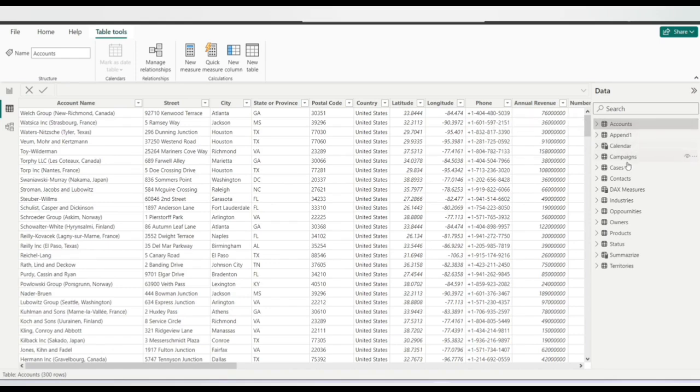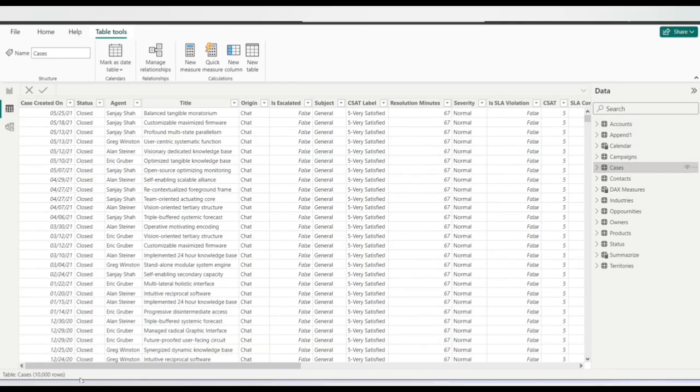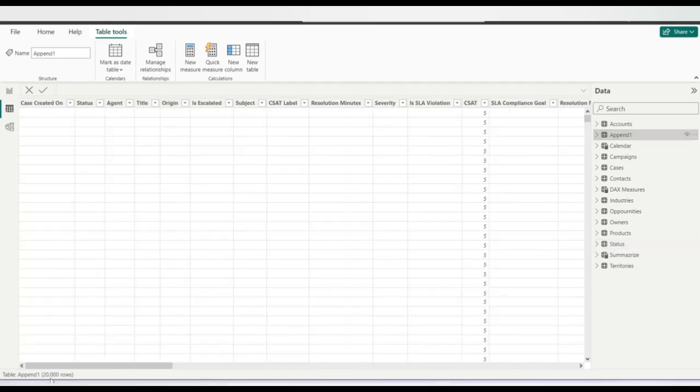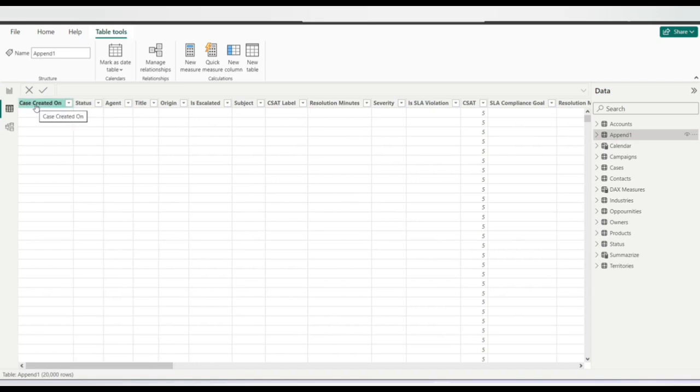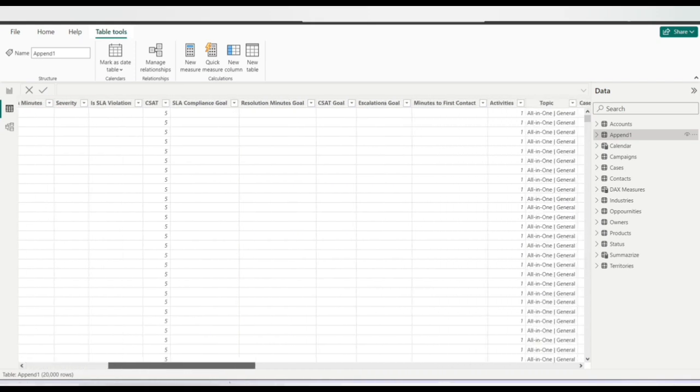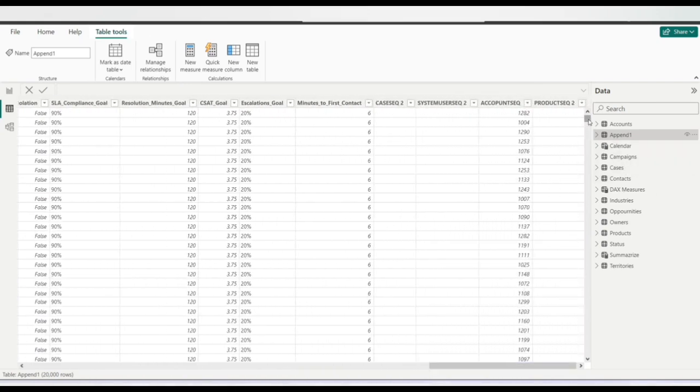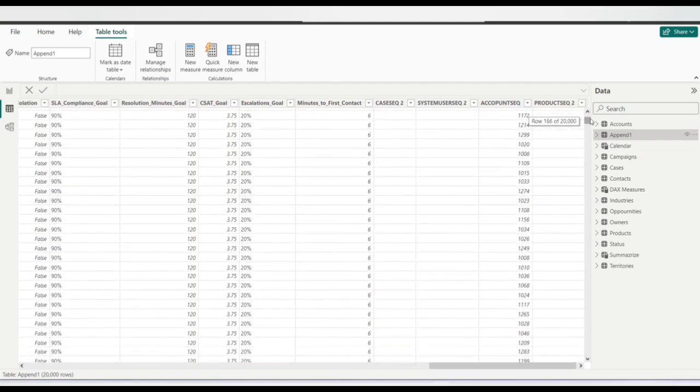तो यहाँ पे आप देख सकते हो केसेस, केसेस में 10,000 रोज है, स्टेटस में 10,000 रोज है, अपेंड में कितना दिखेगा, 20,000, परफेक्ट, ठीक है। और नंबर ऑफ कॉलम्स और कॉलम नेम सब सेम थे, डेटा टाइप सेम थे, उसने प्रॉपरली अपेंड भी कर दिया। यहाँ पे देख सकते हो आप, स्क्रॉल भी करते हैं हम नीचे, ठीक है।